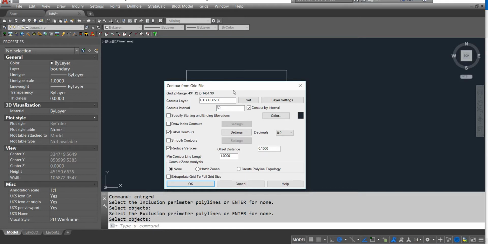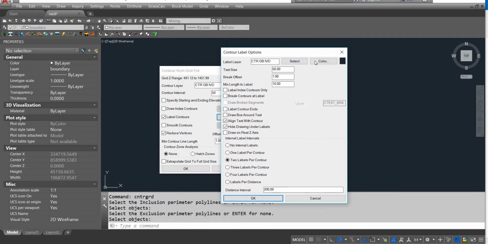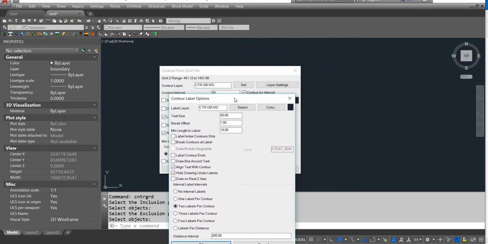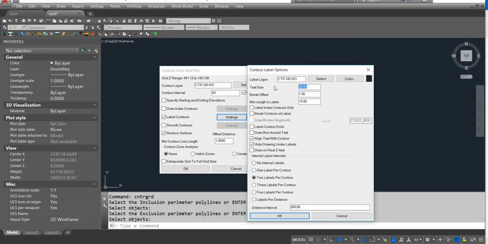If you don't know, you should go to your Excel file or run it several times to see which one makes sense and is more reasonable. Right now you can try 50. And then if you select label contours and then click on settings, you can define the text size. For that, make sure label layer has the same name as contour layer, and its text size, I guess 300